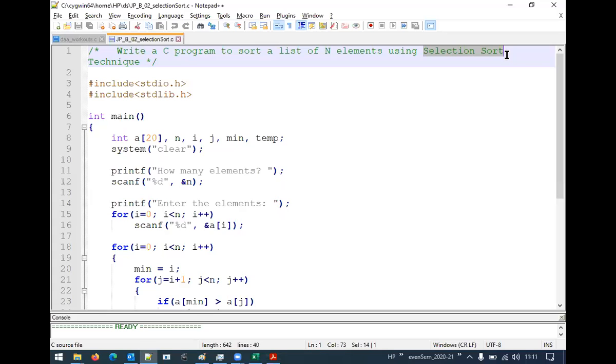There you will get a better picture of how different programs work differently, and how the complexity, which is the proper technical word, varies. Complexity means how much time a particular program requires to execute. How much space is required? Space in the sense not physical space, but the space required to store the values in computer memory. How much space is required by the RAM to execute that particular program? All these things matter, right?